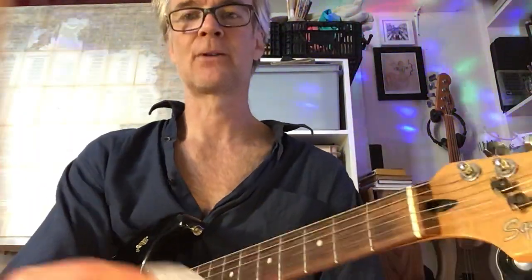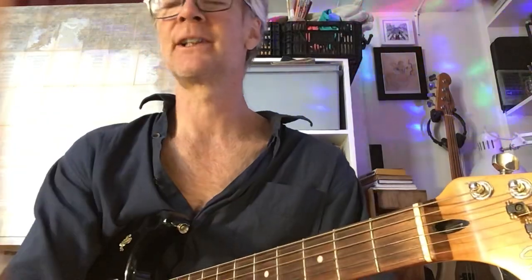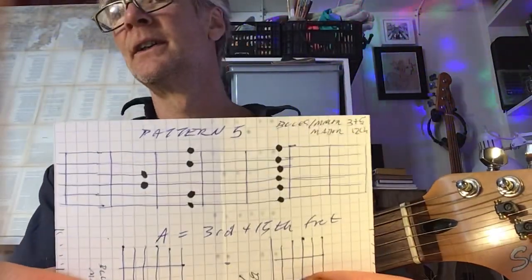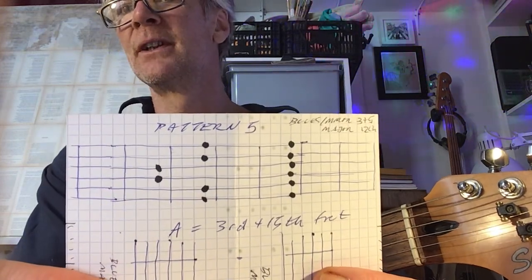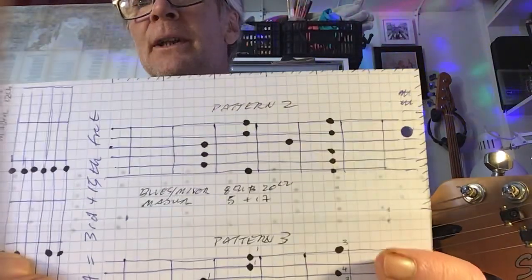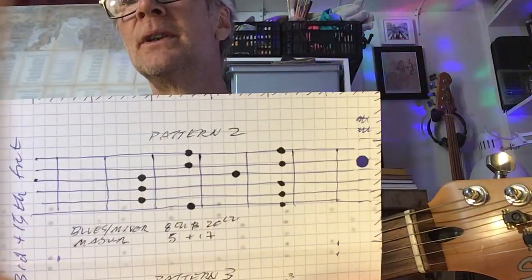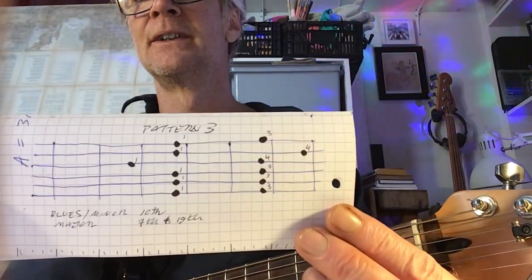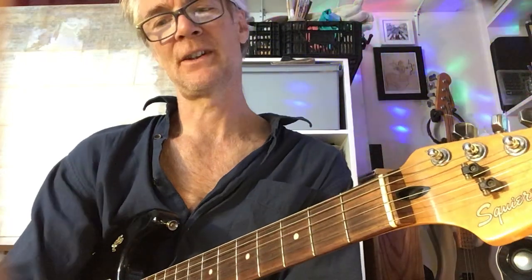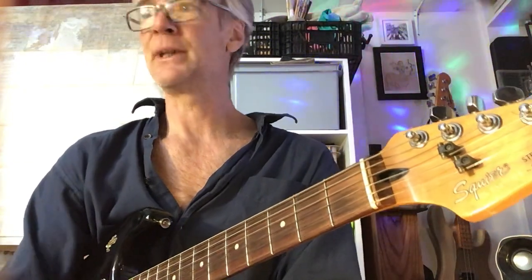And then we learned pattern 5. Oh, and don't forget the screen cap. Pattern 5 right here. Again, 4 frets, a slightly different pattern there. Then we learned pattern 2, and then pattern 3. So that's 5 patterns altogether. And when you put them together, it looks a bit like,